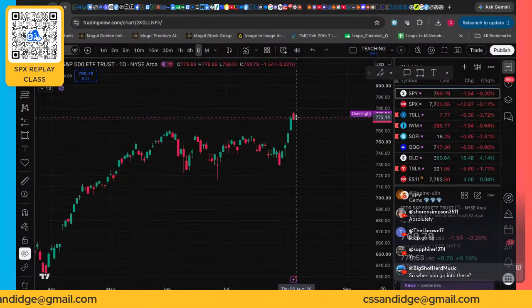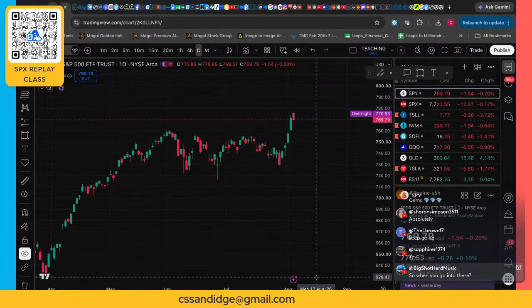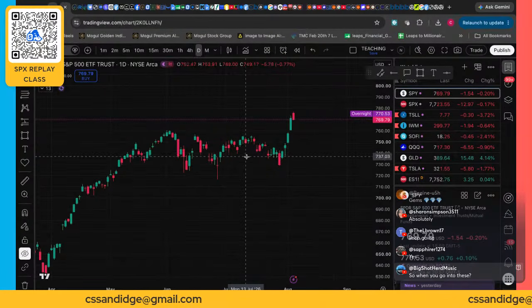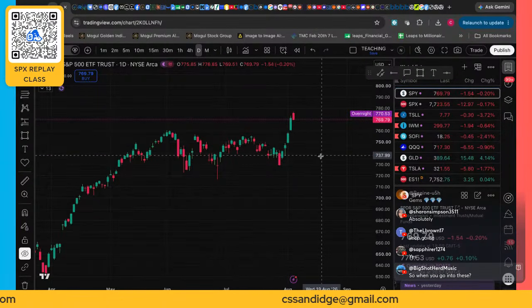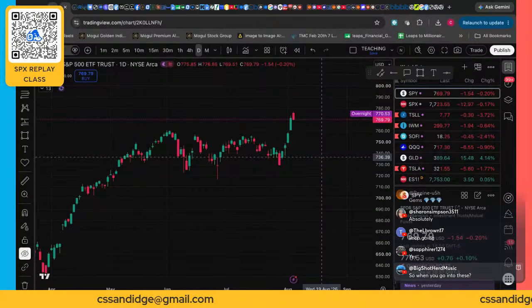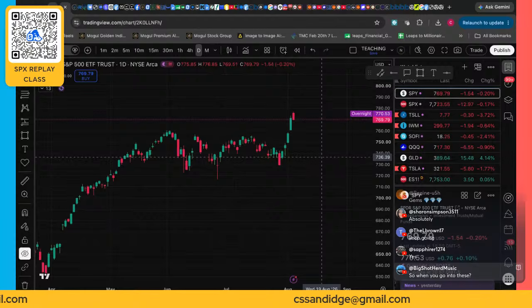So we need to see this come back down to see those positions take place in order for us to feel that other downside. Because right here we were trending down. Now we're trending back up. We need to see a trend down to take those positions. So that gives you an idea. Let us lose 770. Let us lose 765. Let us lose 760. Definitely if we lose 740s, those 700, 725s are going to come back in place.